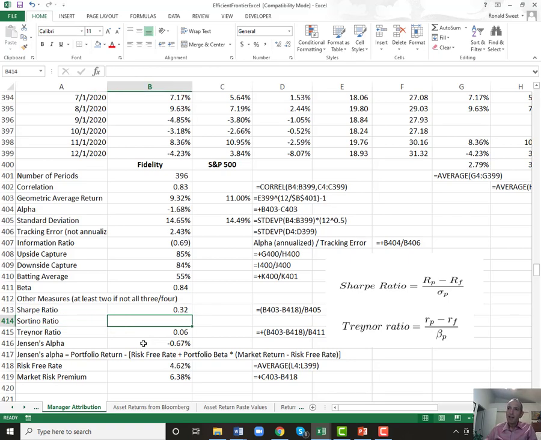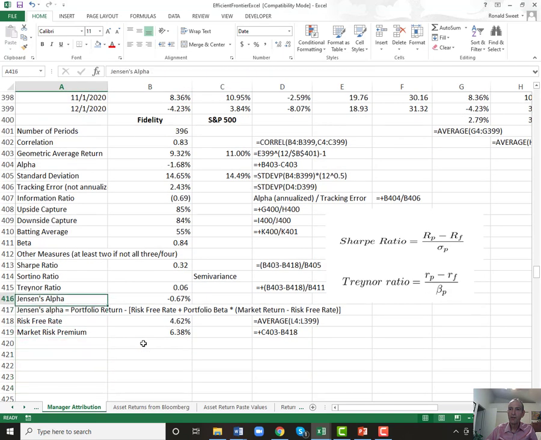If I were calculating the downside standard deviation, I would take any time Fidelity had a negative return, and I would just do the standard deviation of those negative numbers. What is the standard deviation when it's below 0? But you might look up how to calculate semivariance, and you would actually use semivariance in the Sortino, all right? So I'm going to leave you on your own on those last few.